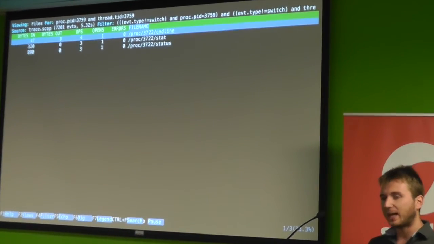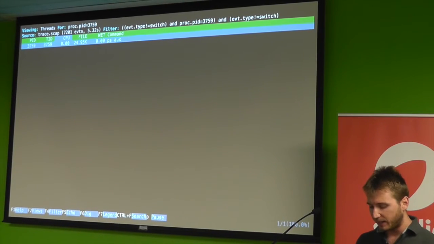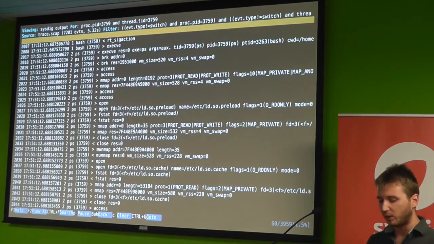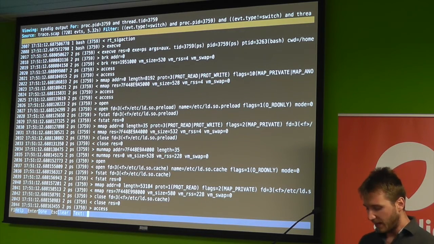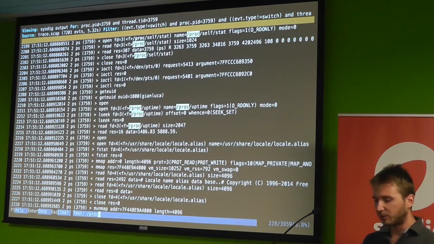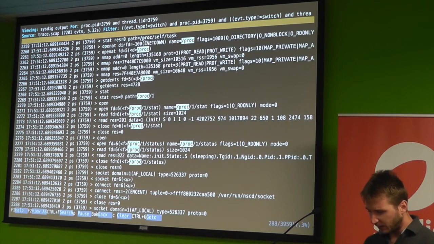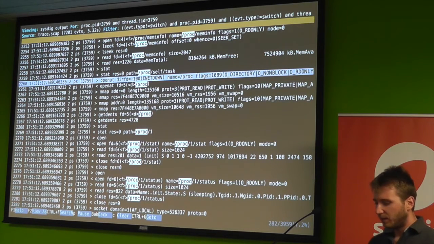So we can study a little bit how PS works. We can drill up with backspace, and we are back to the thread view. And here I'm going to go with F6 on the Sysdig view, which, as Loris showed, will show me all the events for the PS process in a raw way. And here I can do Control F, and I want to search for all the events that have something to do with proc. I can see that there are some of them, but immediately here I have one that catches my eyes. In particular, here I have the open at where the /proc directory is being opened, and immediately